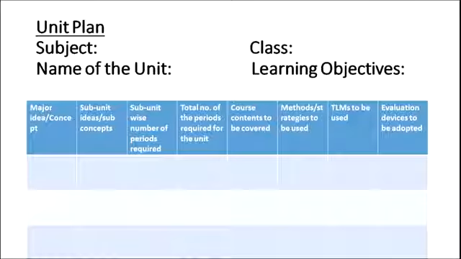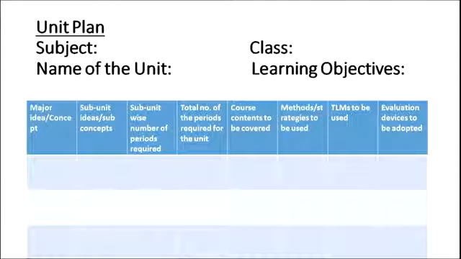So a unit plan would look like this. Say for example, in the subject of science, in class 7, we have a unit on diseases. So in our first column, major idea or concept, we have the unit diseases. Under the subunits, ideas or sub-ideas, we have types of diseases. And under the types of diseases, we can take 4 types: communicable and non-communicable diseases, diseases which are transmitted through